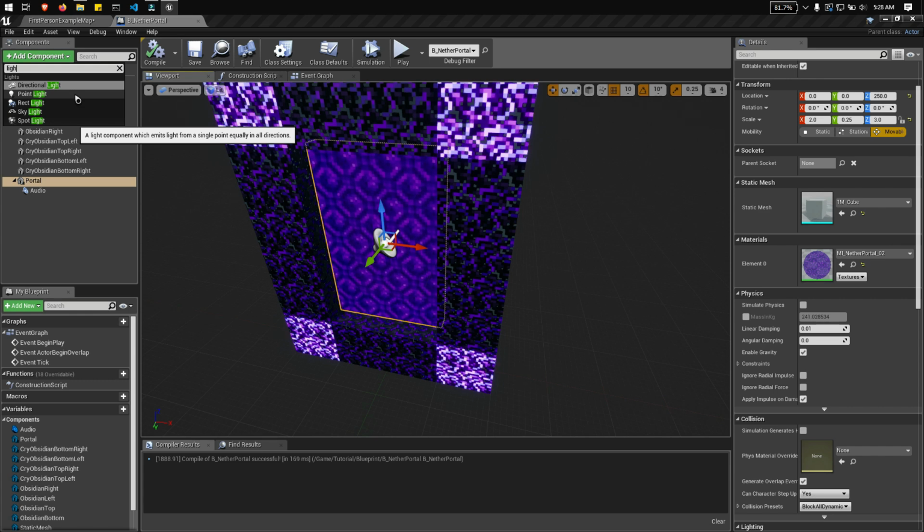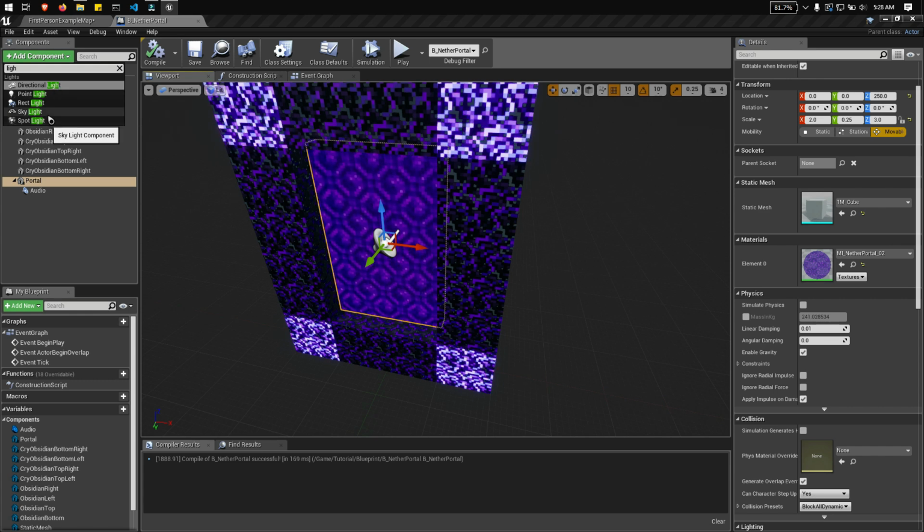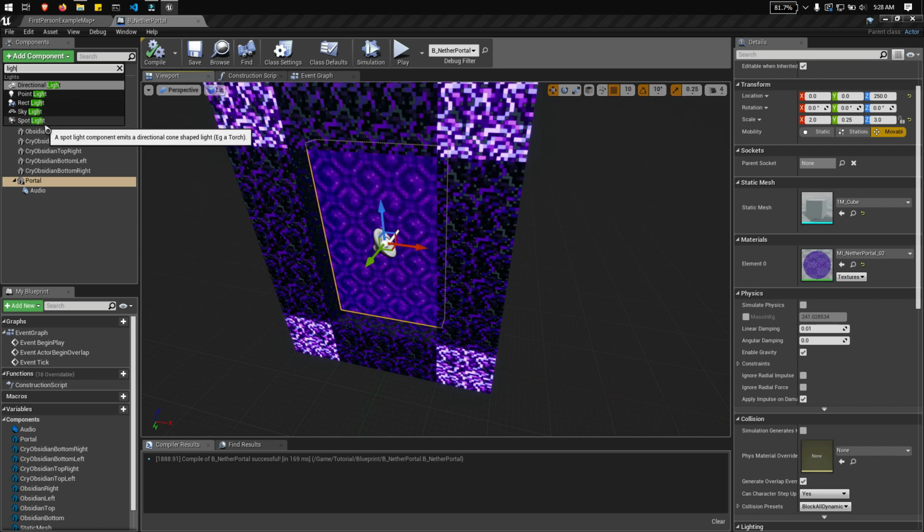Skylight, in the environment, we use this to apply a light source that comes from the sky. And the spotlight is like a directional light, but bigger and a little bit brighter.